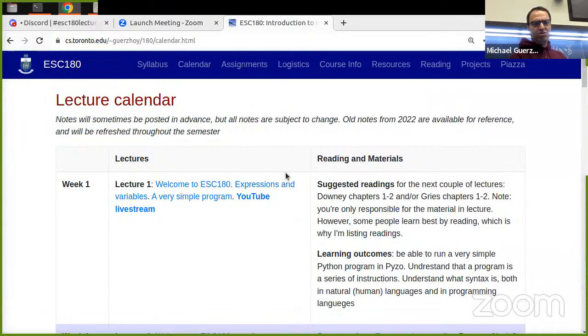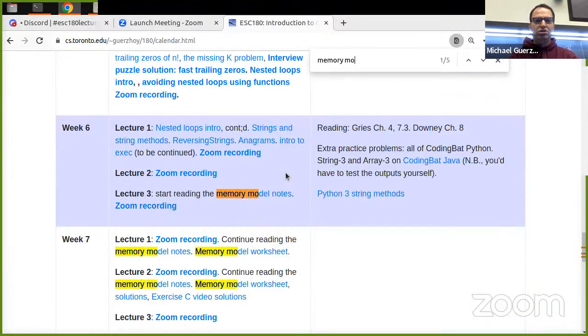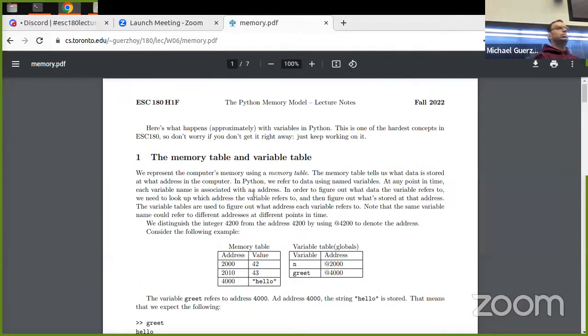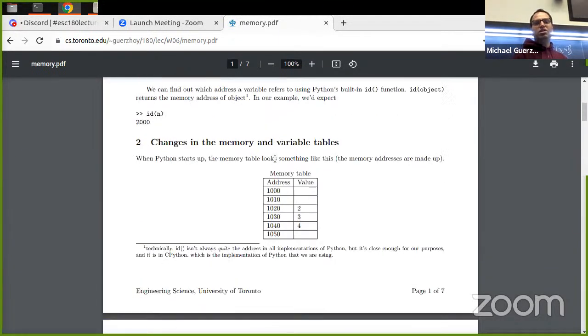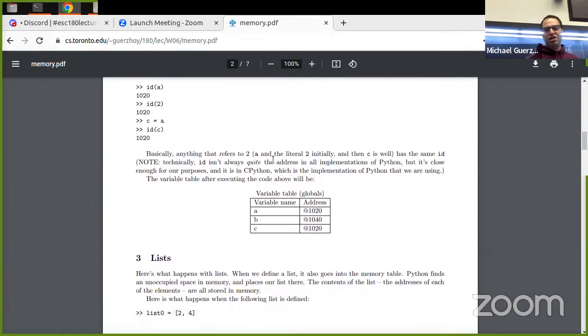The other thing, I'm sorry that the website is not as up to date as it could be. I'm working really hard on getting it fixed. Right now, I will note that the memory model notes are on here. That's basically what we started last time and what I'm going to do today, with slight variations and examples, but basically it is what it is. So you can read it if you're more comfortable reading stuff on the page as opposed to listening to lecture, or you could do a combination. Okay.